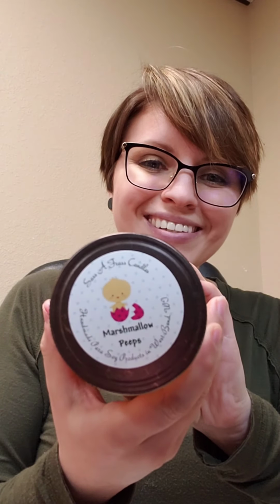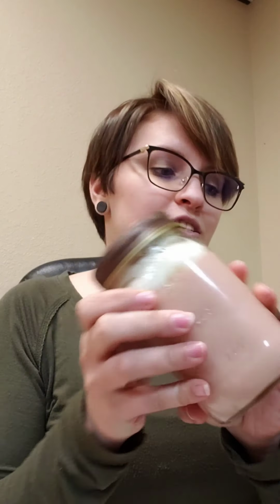Today I'm actually going over two different fragrances: Marshmallow Peeps and Vanilla Sugar Waffle Cone. These are available in all of our standard products, so tea lights, max lights, rustic candles, all of our regular products, and are available on our website at